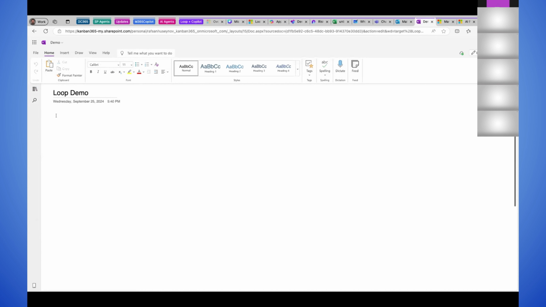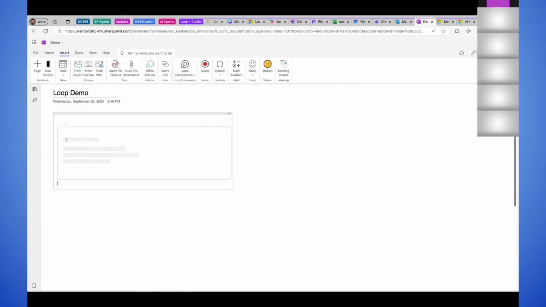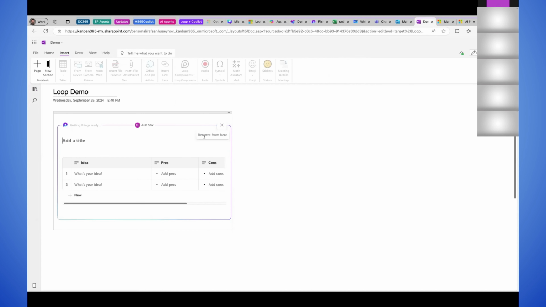Same way, if you come to OneNote, if you click anywhere in the canvas, let's go to Insert, same thing here, Loop components. You can start adding any components here, add information, and then you can copy this and share with others. Even though you share them in Teams or Outlook, when people update information, you are getting the answers here dynamically. You don't have to download anything or ask people, hey, have you updated, or so on. So you can easily add information here